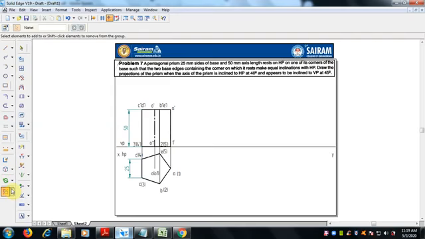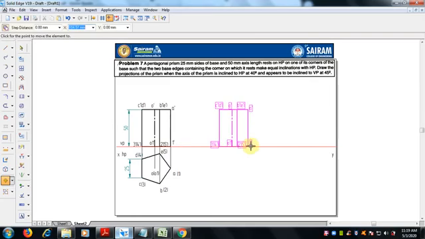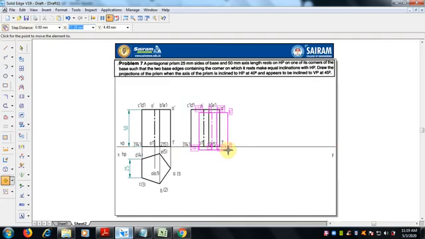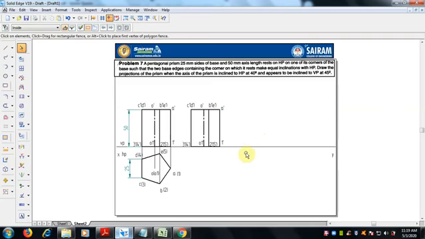We can move a copy, go for the Move command. Here the Copy option should be switched on. Okay, now the copy command is done. Move with one point, that is a corner point, and keep it nearby only, don't go too far, because in the next position we have to draw over that. So I think this will be fine, right? One copy is enough, escape. So now one copy is moved.